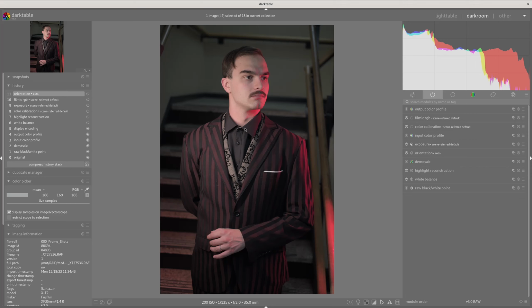Next, let's see how we can apply this in a slightly more realistic fashion, where I would actually be approaching this how I would edit a real image. I wouldn't just start off and just use Tone Equalizer. So first things first, we've got this portrait here. I'm going to